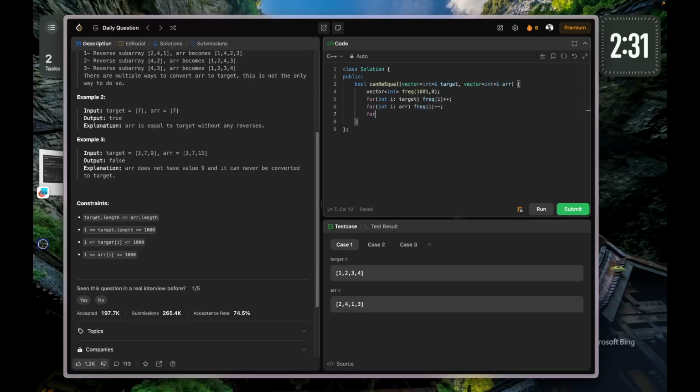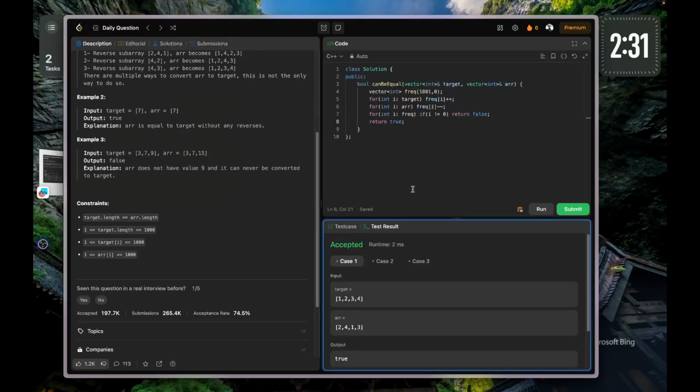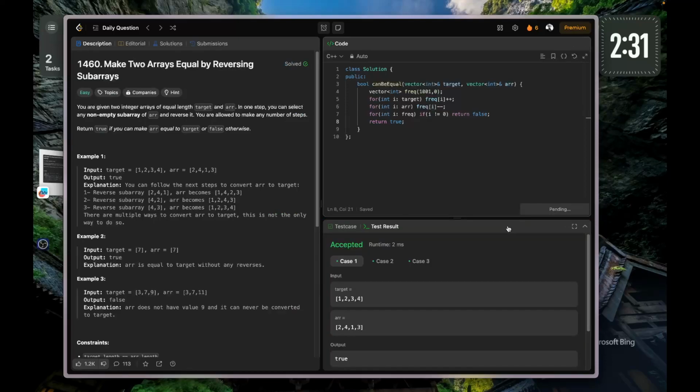So I'll go over for int i in frequency. If basically i is not 0 at some place, we can return false. Otherwise, we can return true at the end. So let's check the solution. It's working,